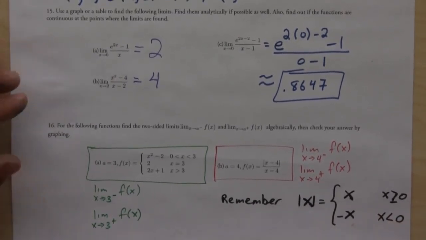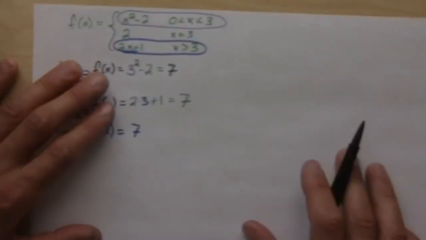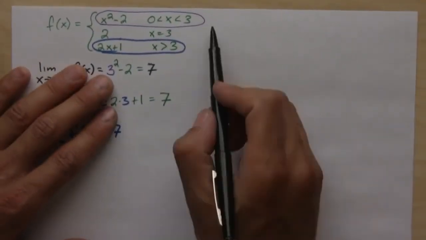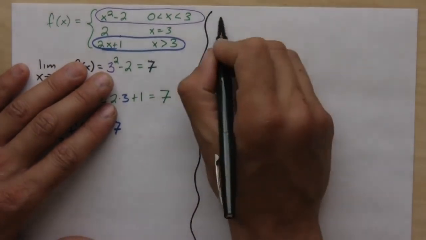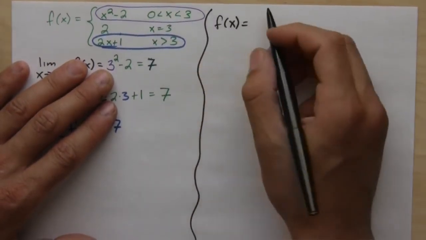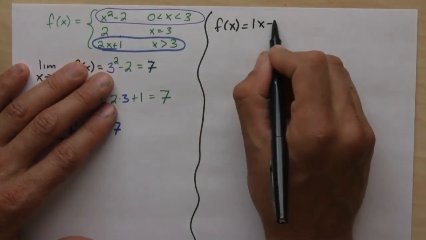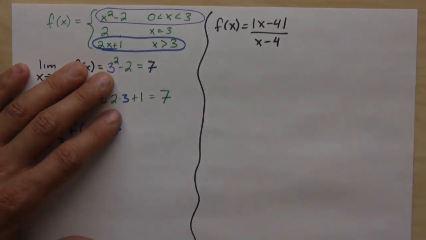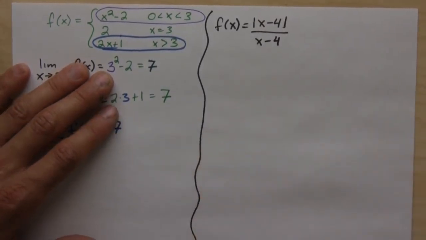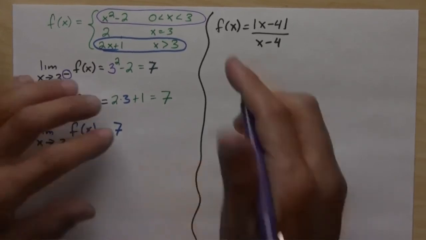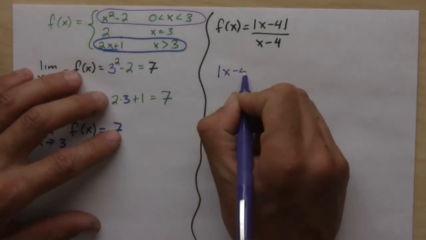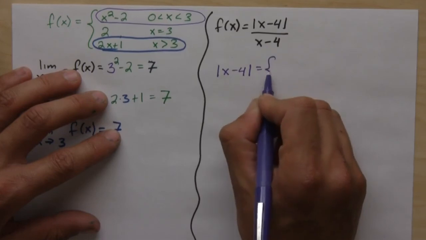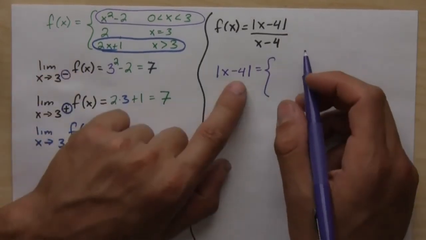Okay, now let's talk about this one, though. Let's try to turn this function into a piecewise function. So let's first of all write down what the absolute value of x minus 4 is. Well, the idea is the same. The idea is that